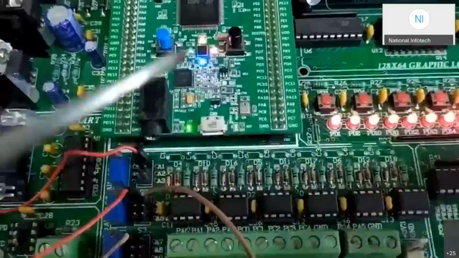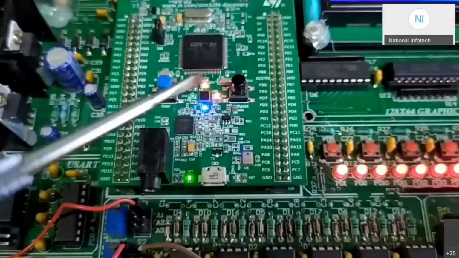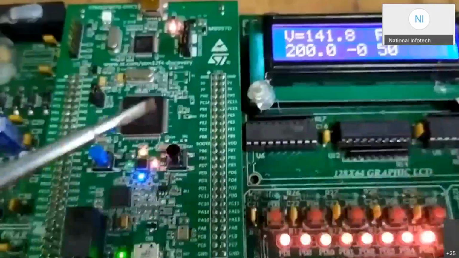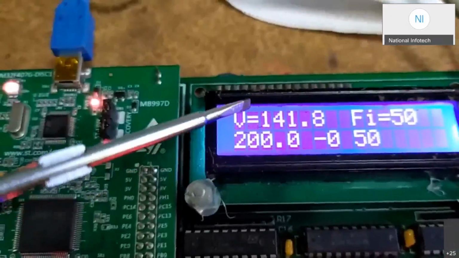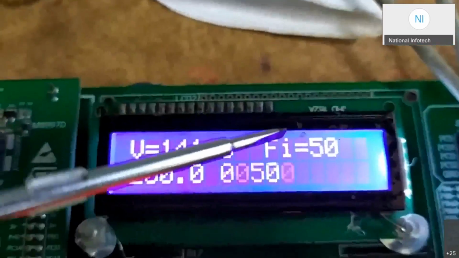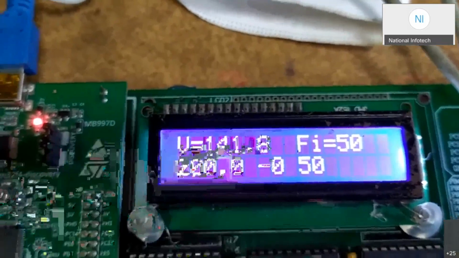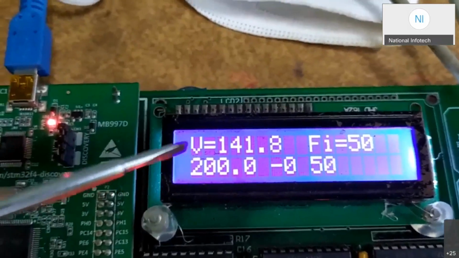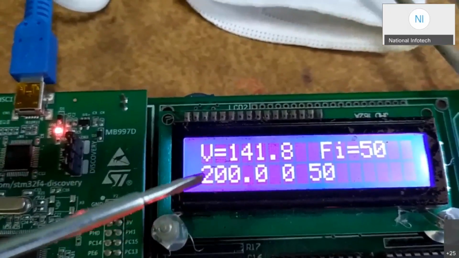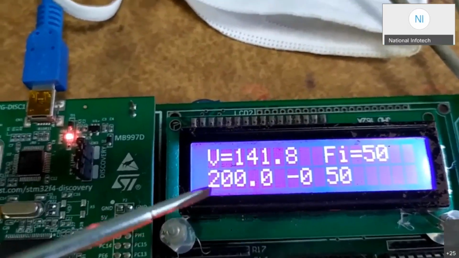That value goes into the frequency input and voltage input, and internally it is converted into the magnitude of voltage and the magnitude of frequency. The voltage RMS value is shown here as we decided in the code, and the input frequency is decided here, as we see inside the controller through this LCD. Whatever process is happening inside, we are looking at it. The first value we are seeing, 200, is the peak value of voltage, and that is nothing but our VD.